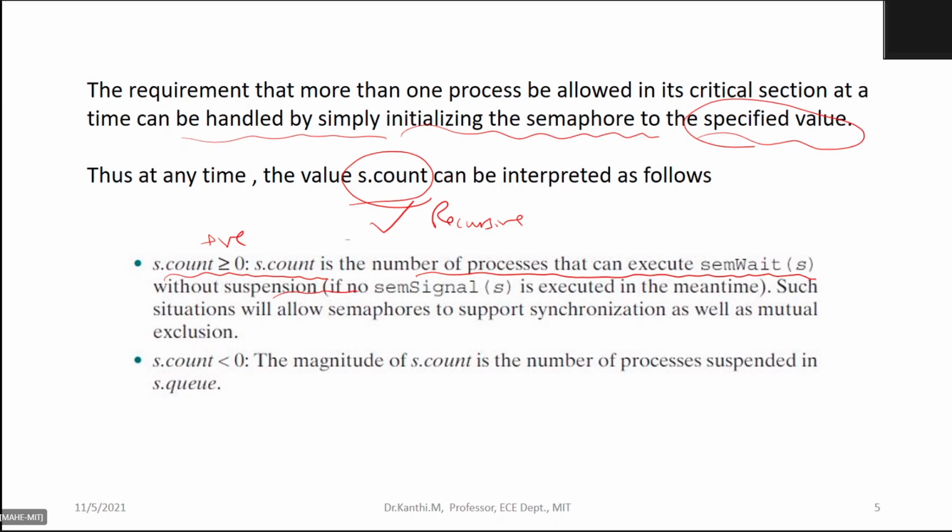If it is positive, you can execute the sem wait. Such a situation will allow semaphores to support synchronization as well as mutual exclusion.